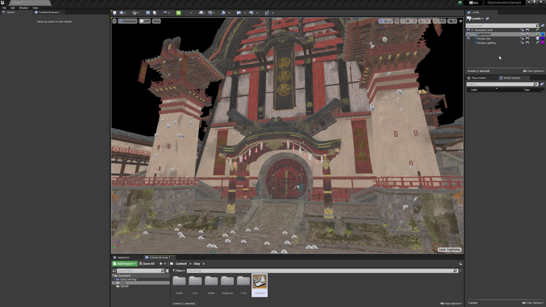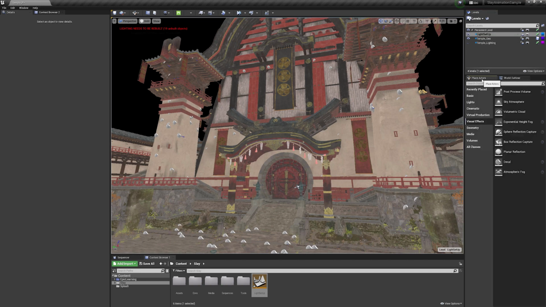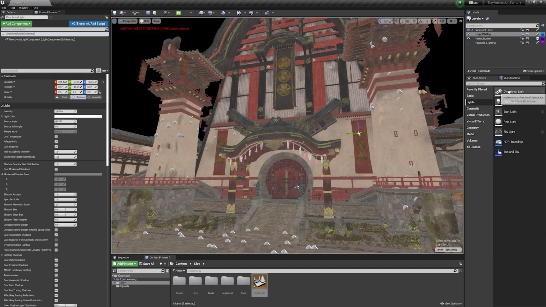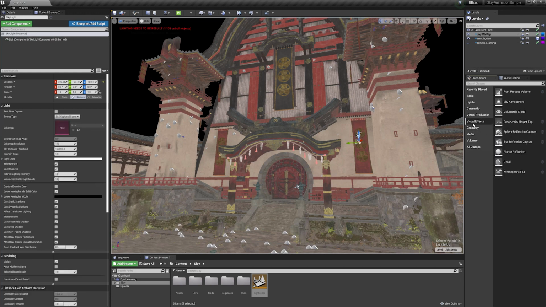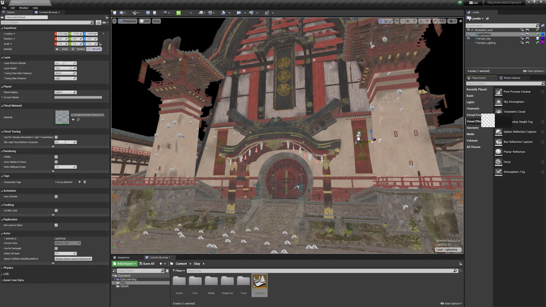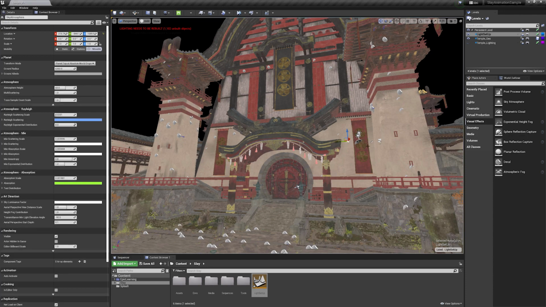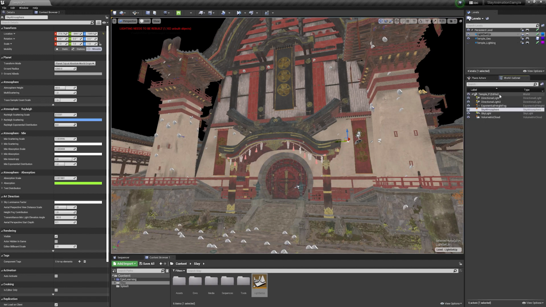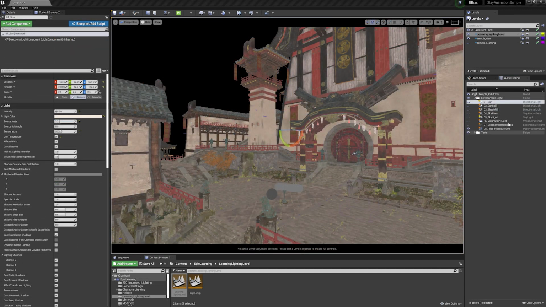After dragging your lighting level into your levels panel, double click it to make sure it's selected. We're going to go down to the place actors panel, select a lighting submenu inside, grab a few directional lights and drop them in. We're going to also grab a skylight, and then we'll select the visual effects menu. Once we've got the visual effects menu, you'll want an exponential height fog, a volumetric cloud, and a sky atmosphere. Once we have our lights in the scene, we'll want to zero them out in your details panel and go to our world outliner and start to rename and keep them organized. So once you've dragged all your lights and everything is renamed and organized, we're ready for the next step.